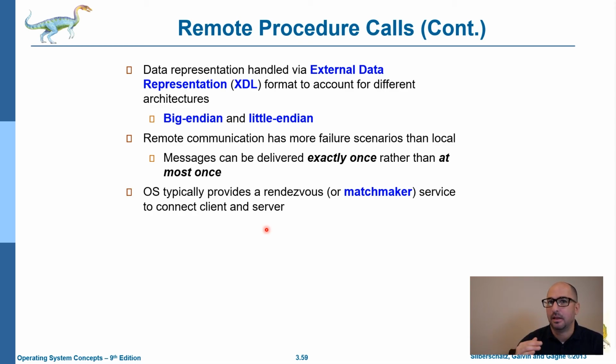Well, exactly once means that this has to take place. At most once means 0 or 1. So this command may or may not succeed. So to establish exactly once and acknowledge that the Batmobile has been launched is a more complicated protocol than at most once. So there is one more component to RPC, and that's the idea of what I will call a